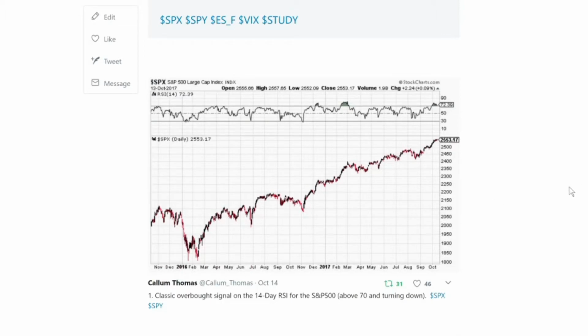Alright, the first chart is the S&P 500 daily chart versus its RSI, so 14-day RSI. And this is really a textbook overbought signal. So the rule of thumb is that overbought is when it gets to these high levels around 70. But an actual, true signal is when it goes up to those levels and then rolls over. So we saw that only a couple of times actually. So one time late last year,